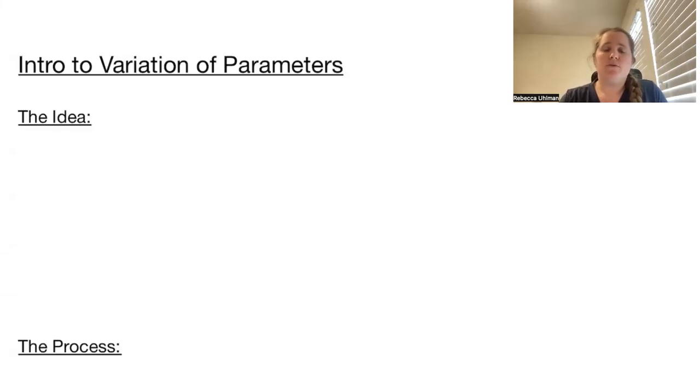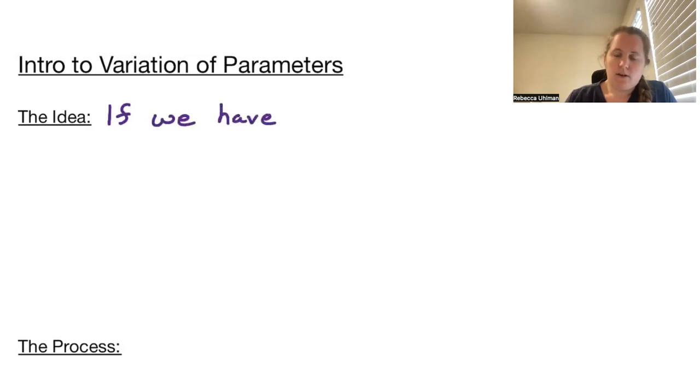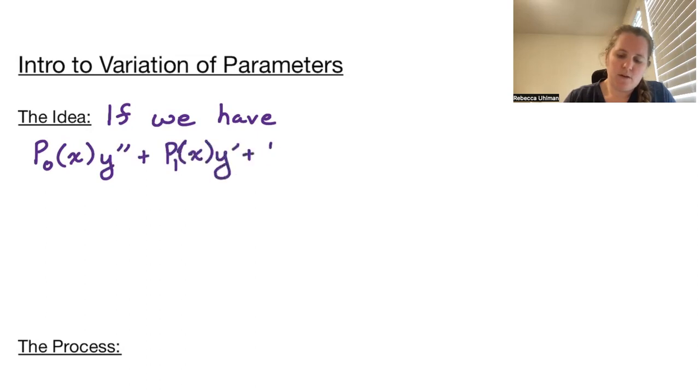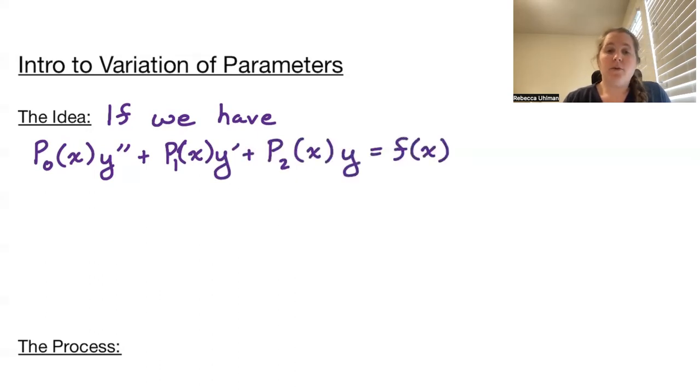Into an intro to variation of parameters. So the idea here is if we have the equation P0 of x times y double prime plus P1 of x times y prime plus P2 of x times y equals f of x. And if we know a fundamental set of solutions for the homogeneous equation,